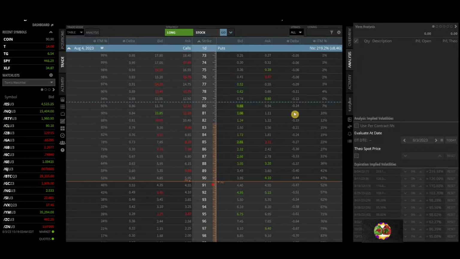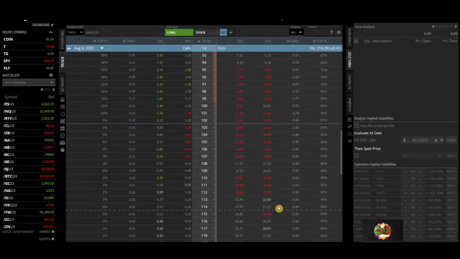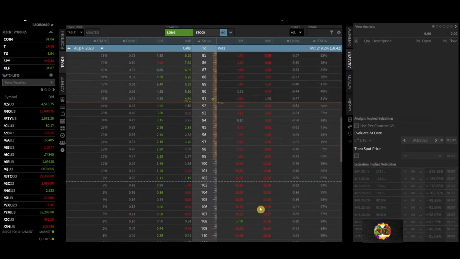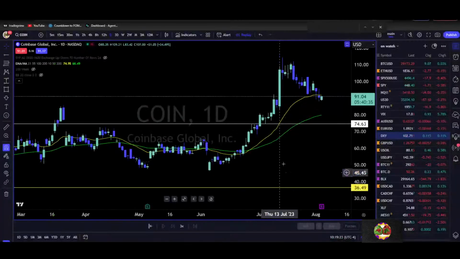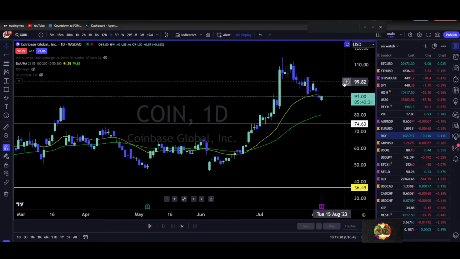Love the IV. There's a 1%. No, sorry, that's one standard deviation. Yes! Oh my God, look at all the way out to the 2 standard deviation. This thing is priced to move, $8. Let's see, where is it now? $8 would put you right there